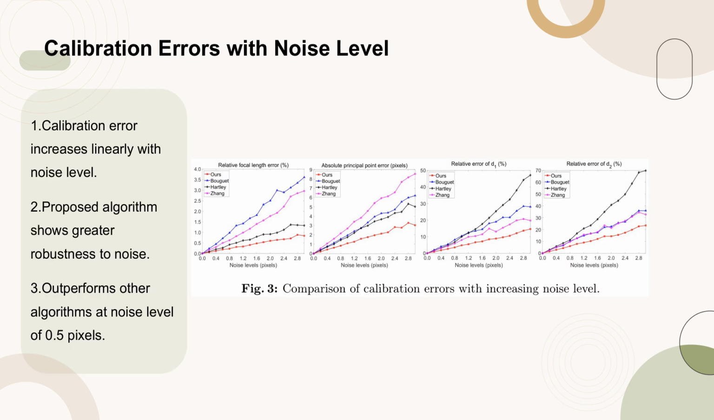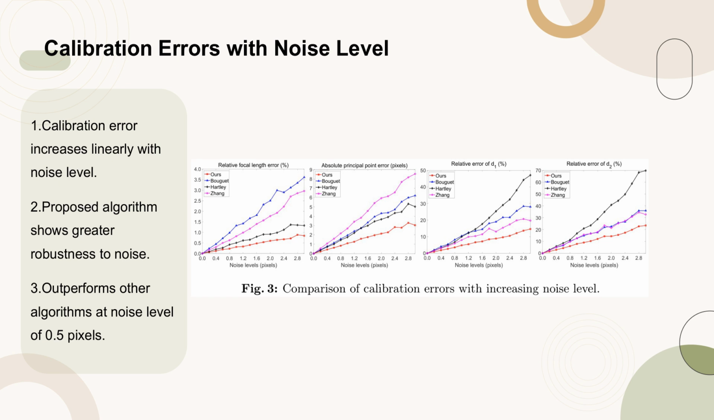Figure 3 illustrates the comparison of calibration errors with increasing noise levels. The calibration error increases linearly as the noise level rises. The proposed algorithm demonstrates greater robustness to noise compared to other algorithms. Notably, at a noise level of 0.5 pixels, the proposed algorithm outperforms the other three algorithms, indicating its superior performance